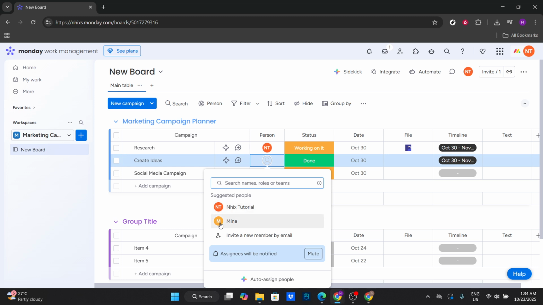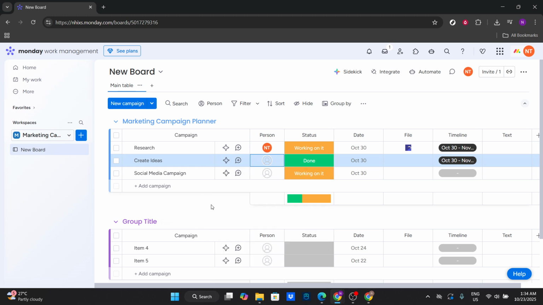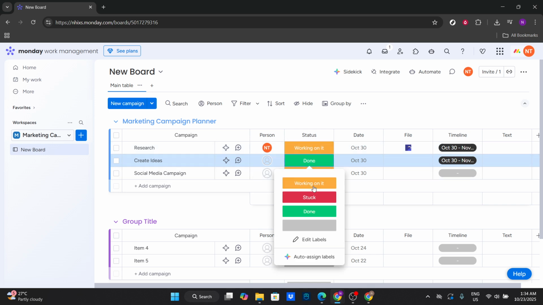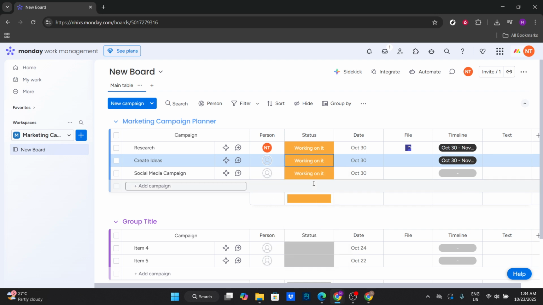Keeping track of progress is essential, and that's where updating the status of each task comes in. Head over to the status column and click to update the task's progress, whether it's just started, in progress, or completed. These status updates offer a snapshot of how your campaign is advancing, simplifying the process of monitoring and managing